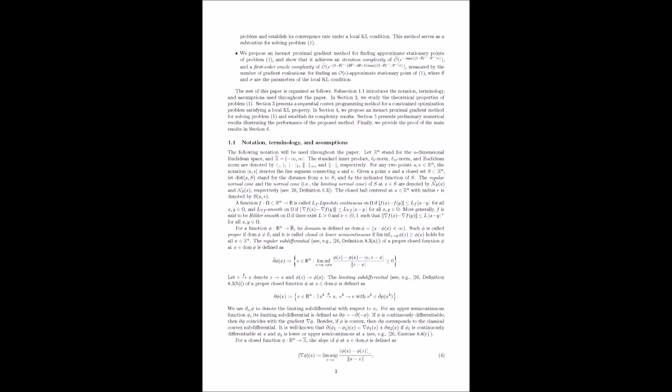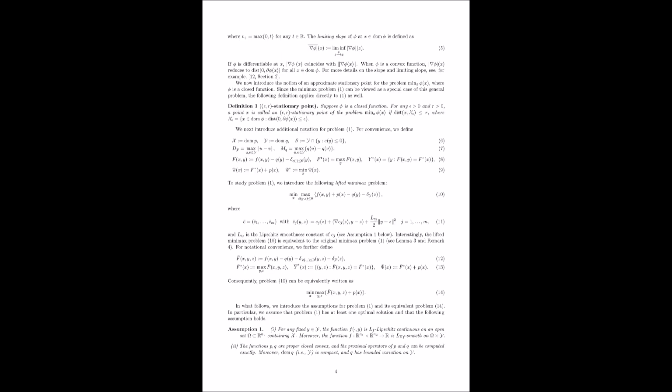Exactly. It shows the power and necessity of the local formulation. You only need the property to hold where the algorithm is actually expected to operate as it converges. And the parameters theta and sigma that define this local region directly impact the final complexity bounds. Okay, so we have this local KL assumption on the lifted problem. Now, what properties does this imply for the original problem, particularly for the max function?